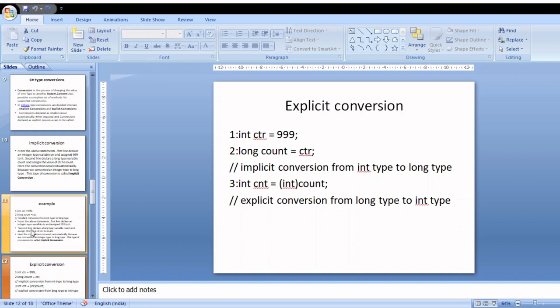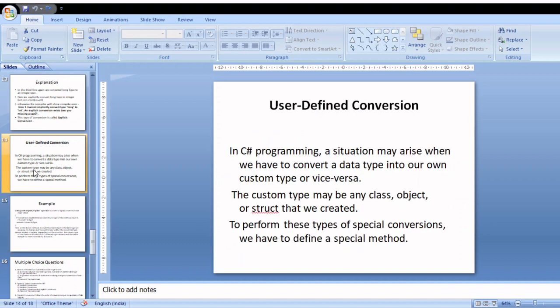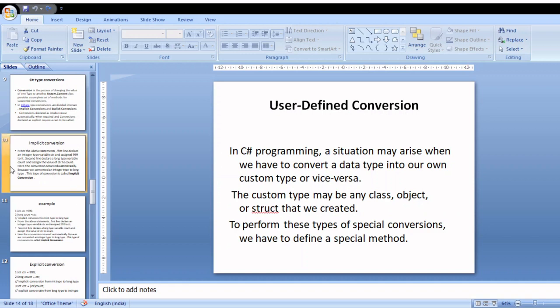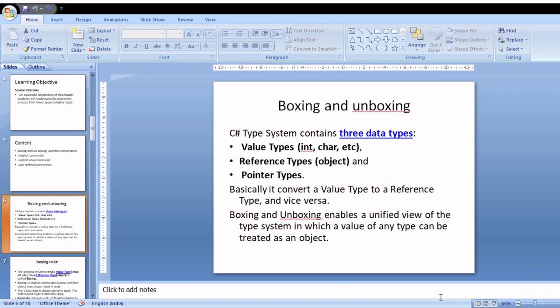Next, user defined conversion. It is used in custom types.